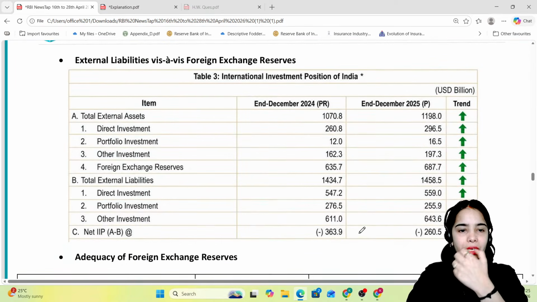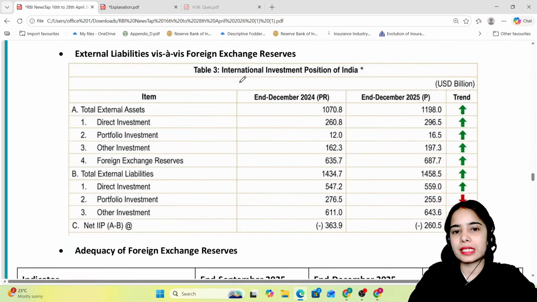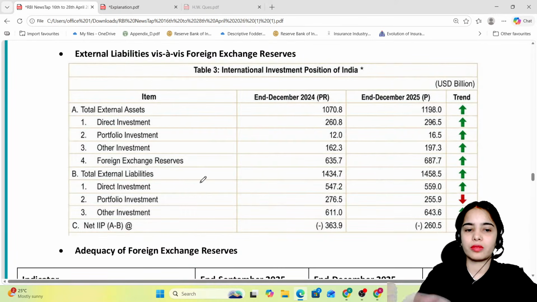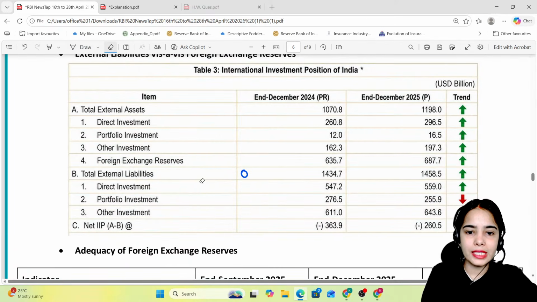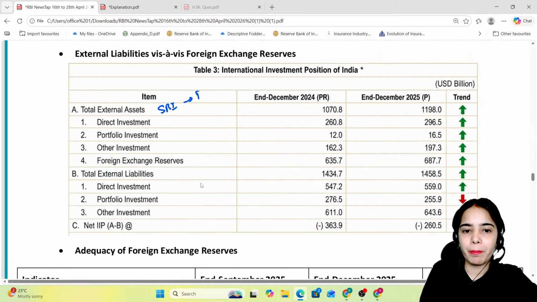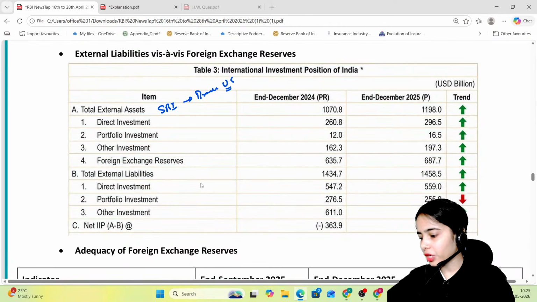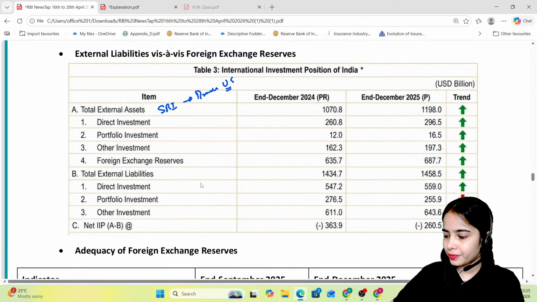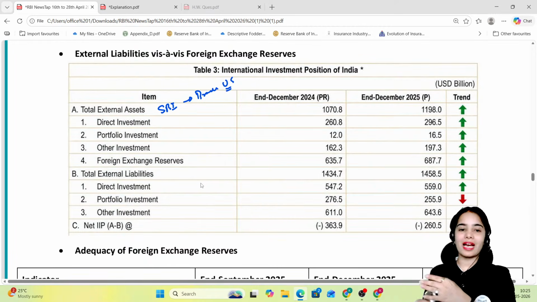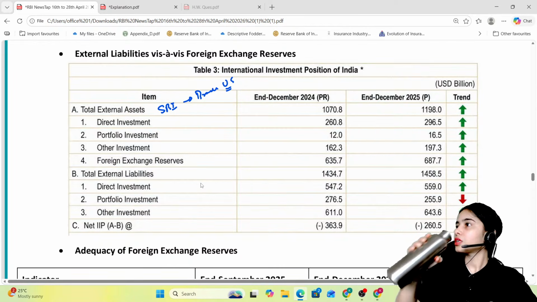Okay. Now coming to the external liabilities against the external assets, basically. See, external assets are what? Let's say State Bank of India has opened a branch in the US. Now, is this a liability for our country or an asset for our country? Anyone? If the State Bank of India has opened a new branch in the US,